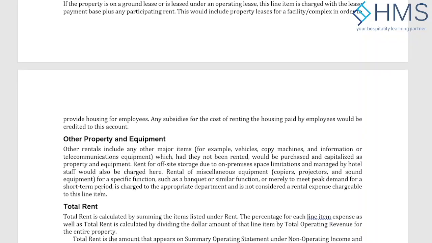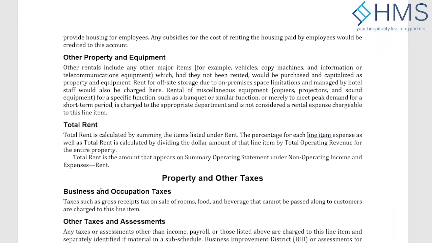So if you are the owner's representative, you might want to see that not a lot of rental is being charged to this property, and if you are working on behalf of the operator, like doing the audit, then you want to see that the rental of these long-term equipment is not charged to operating expenses. Then you can increase your operating profit. Noted, sir.